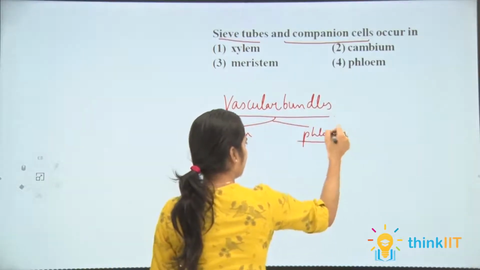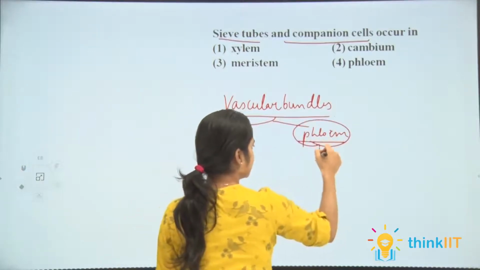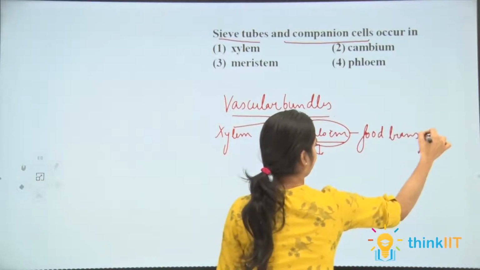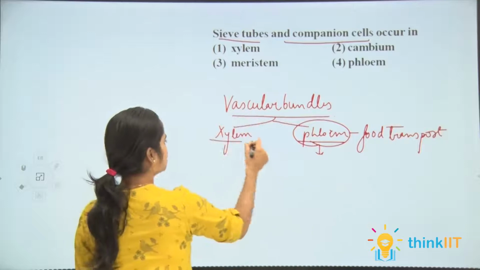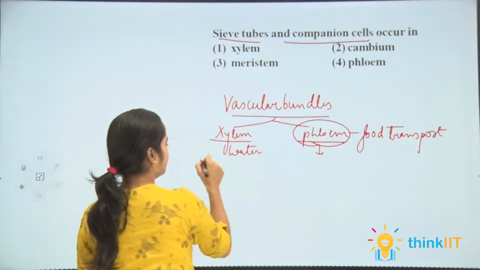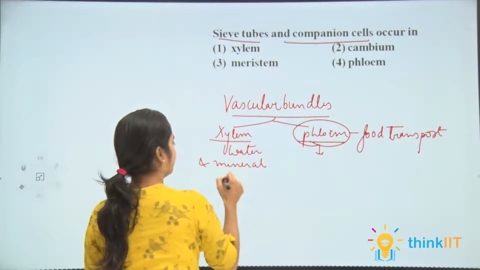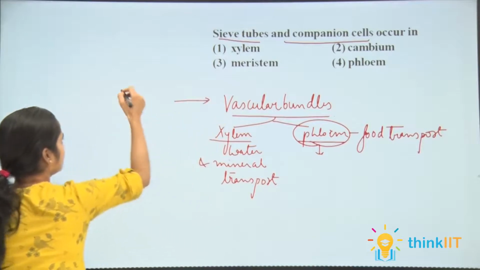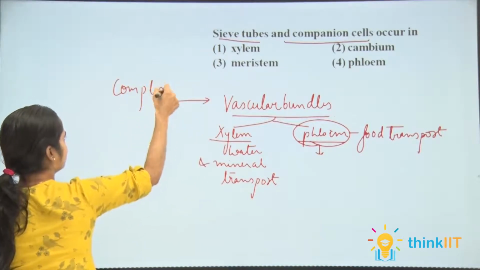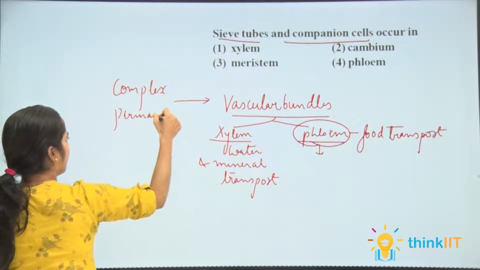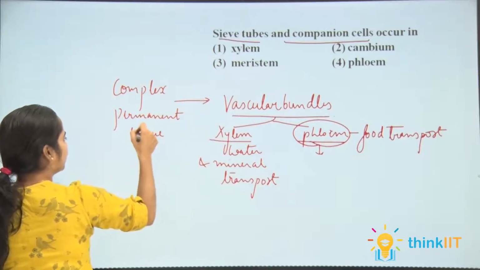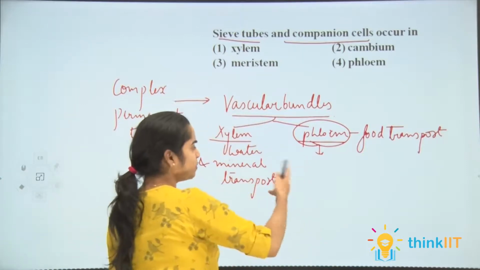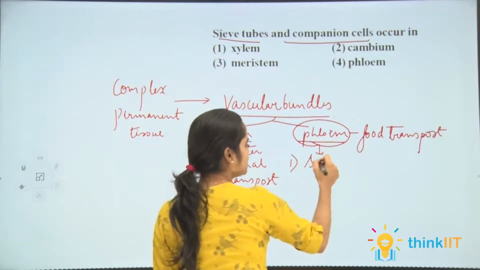Talking about phloem, this is responsible for food transport, while xylem is responsible for water as well as mineral transport. And these vascular bundles are a type of complex permanent tissue, as they are made up of more than one type of cell. So many types of cells form these vascular bundles. They are responsible for transportation. The components of phloem are sieve tubes,